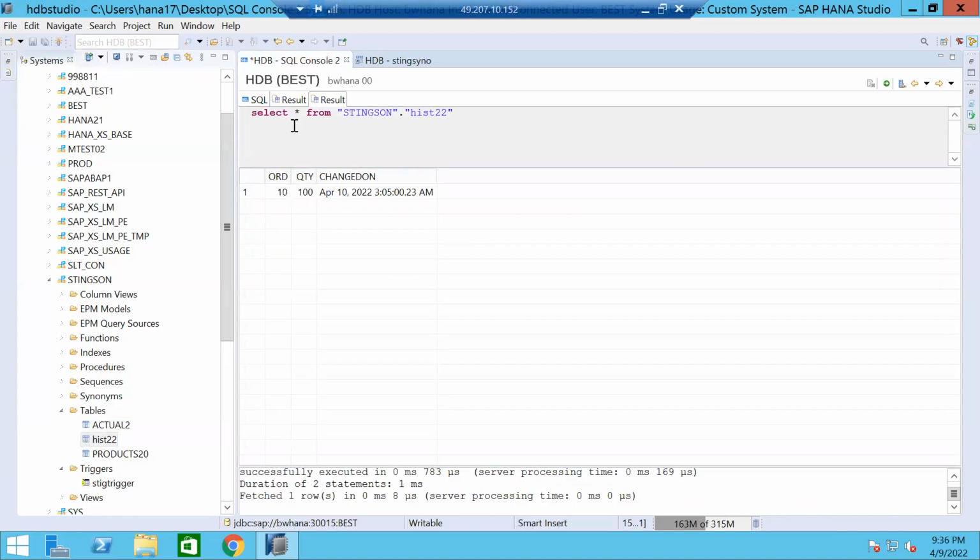So this is our actual table. Your order number is 10, quantity is 100. And in the result, order number, quantity, and then date, timestamp, right? So April 10, 2000, and date and timestamp. So now let's try to